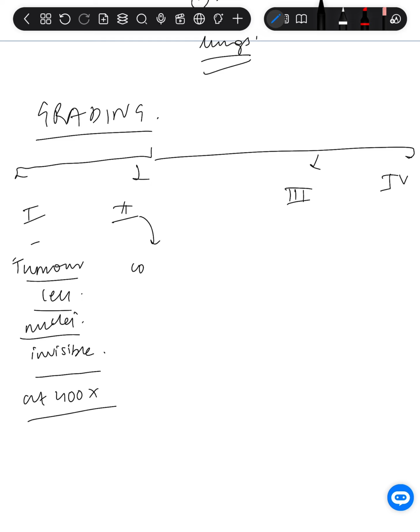In grade 2, we have conspicuous tumor cell nuclei at 400x,